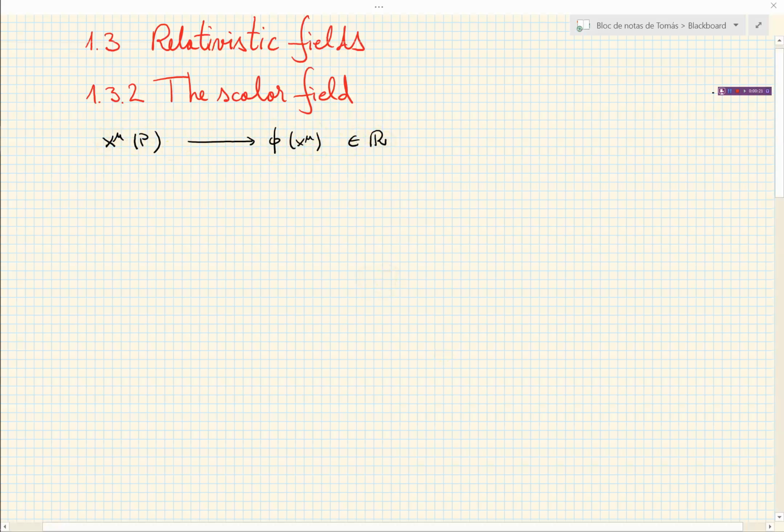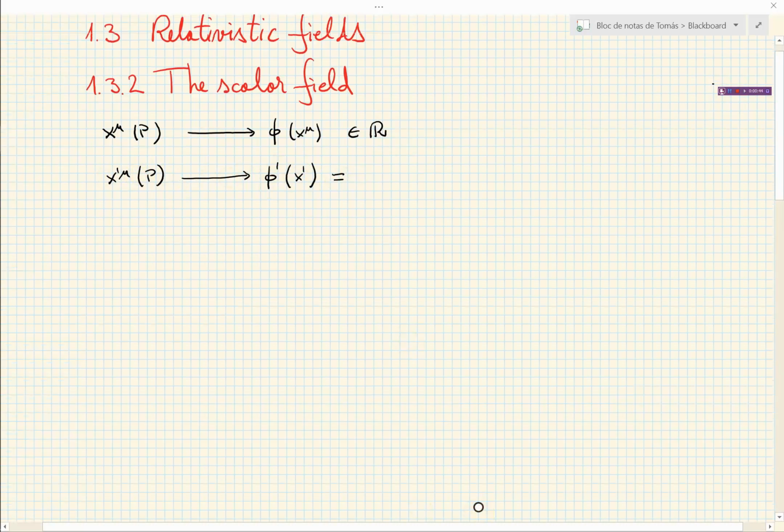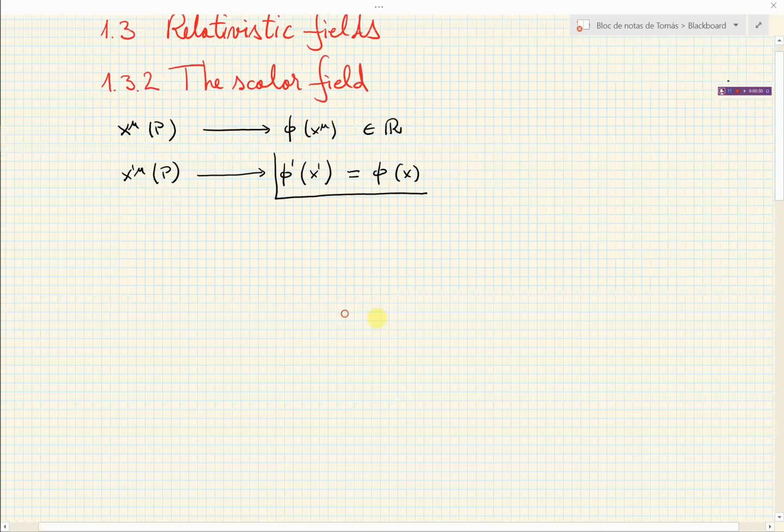Suppose that we describe the same point P in a different coordinate system, x'^μ. I will not write the argument P anymore. Then the field φ will be described by another function, φ'(x'). But the value at the same point will be exactly the same. So φ'(x') is equal to φ(x), and this is the fundamental rule of transformation